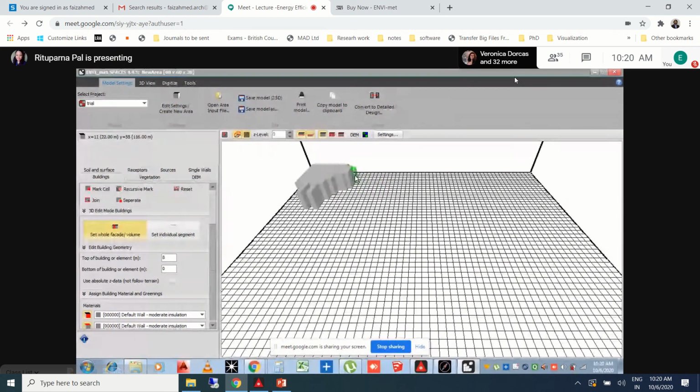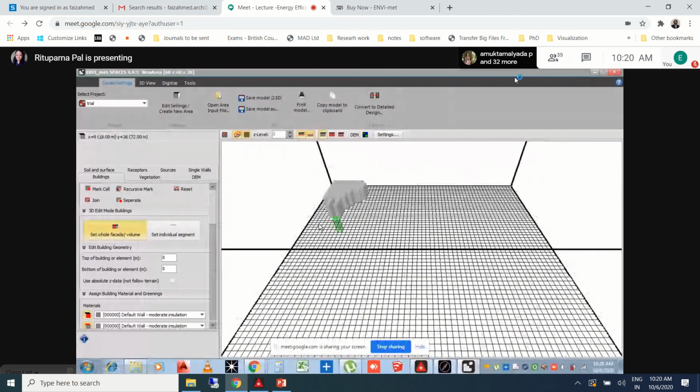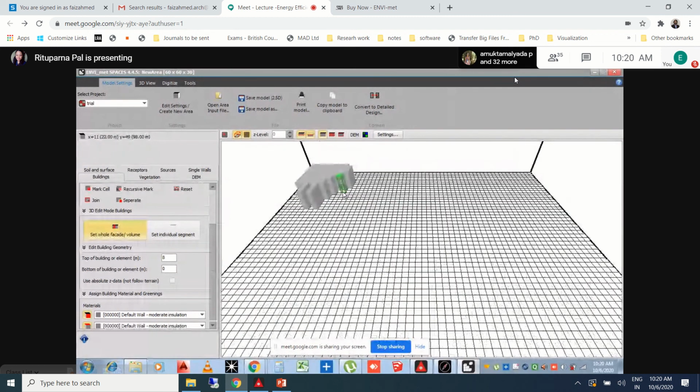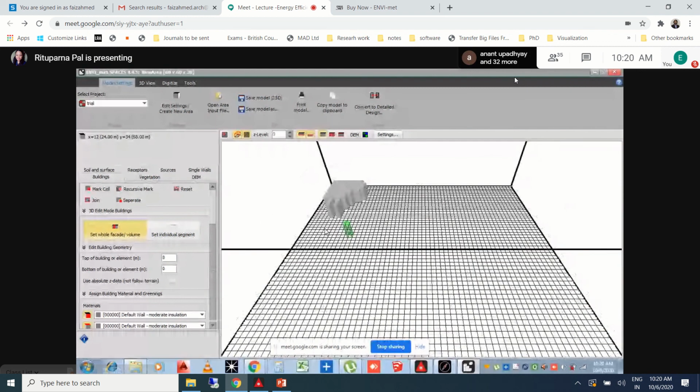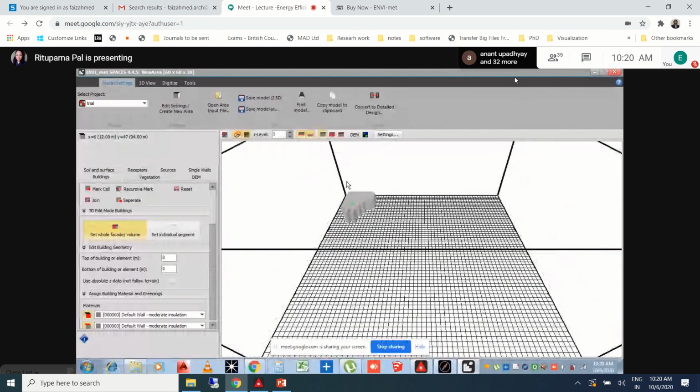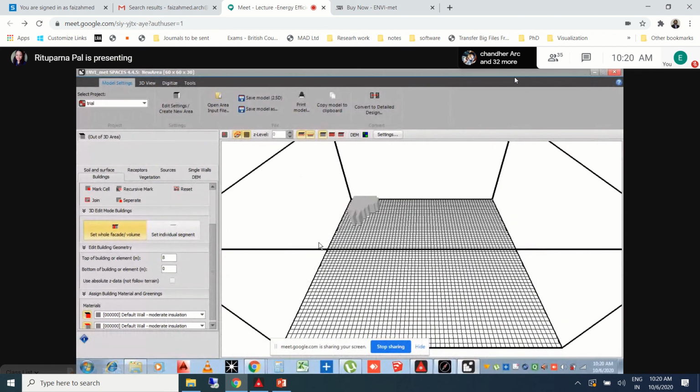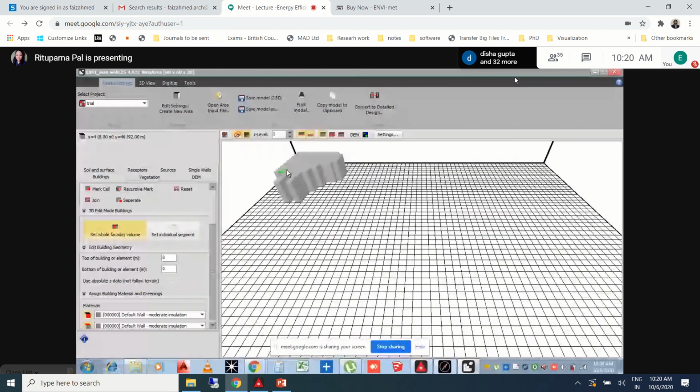Yes, ma'am. How to pan the page? I am getting zoomed in one particular direction only. Yeah, you just have to scroll it and you have to reach it. Panning thing. I'm not able to see some far away places. So can we pan here?